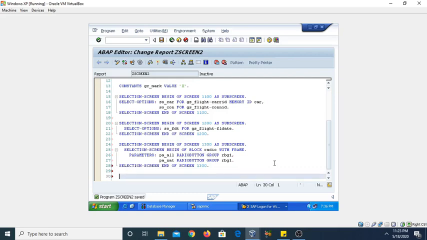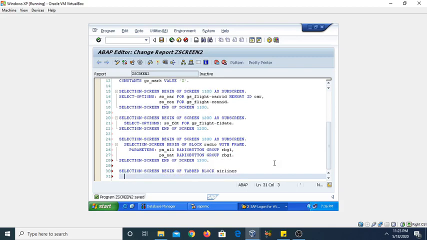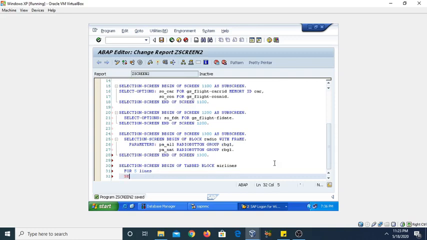Now I am going to create tabbed blocking using selection screen. Selection screen, then begin of tab block, and the block name I am giving here is airlines. Suppose if you want to give the tab block with 4-5 lines, we can use 4-5 lines here. Then selection screen,